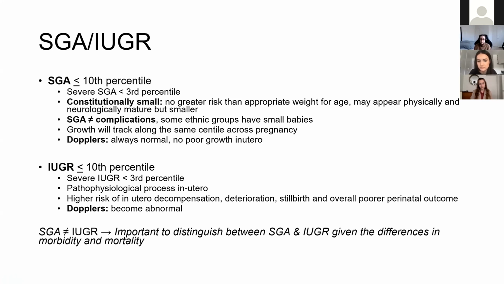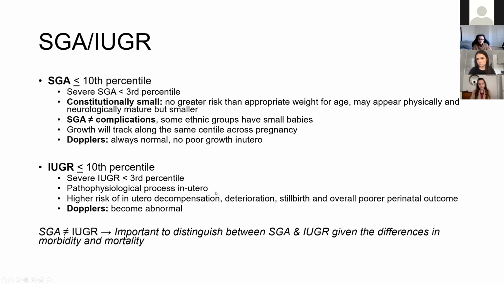But the important thing is that with monitoring, we see that there's no change in that trend. And we also do things like Doppler studies to ensure that the distribution of circulation remains okay. And all of that indicates that the baby actually has no greater risk compared to a baby that is of the appropriate size. This is compared with IUGR, which